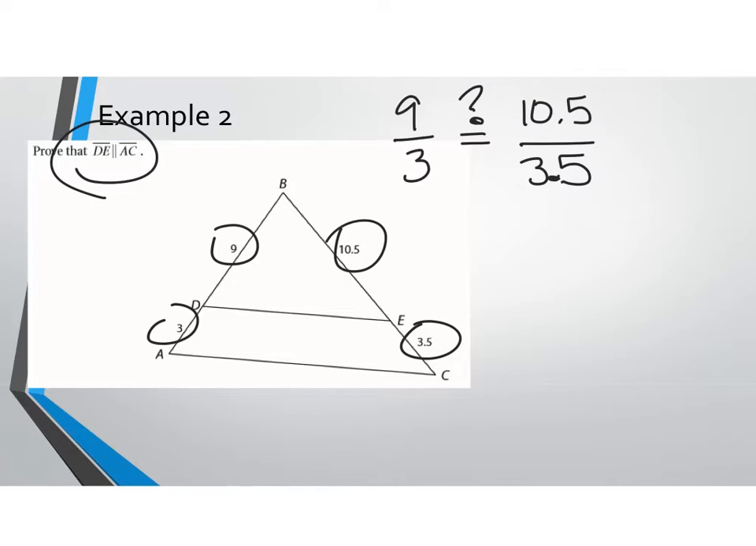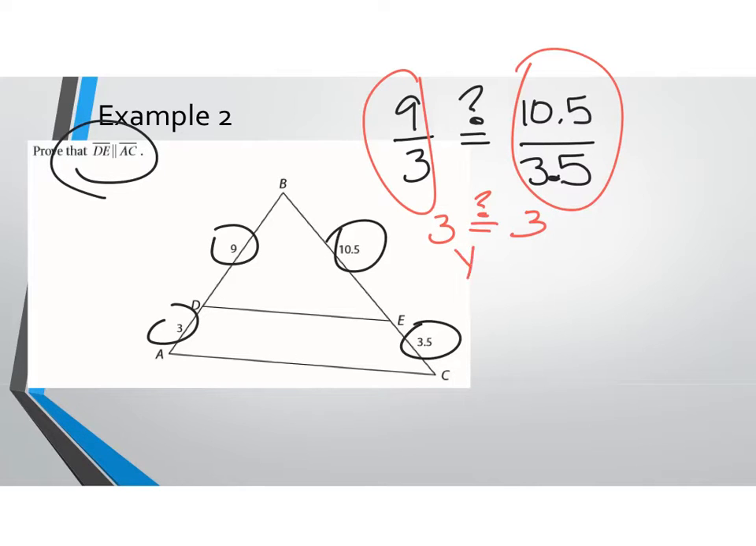You can simply use a calculator and reduce each fraction, divide each fraction, and see what you get. If you get the same number, then you're going to say yes, the lines are definitely parallel, or you can compare cross products. I'll do it both ways, and then you can pick which one you like or which one your teacher prefers. 9 divided by 3 is 3. 10.5 divided by 3.5 in your calculator is also 3. Does 3 equal 3? You say yes,